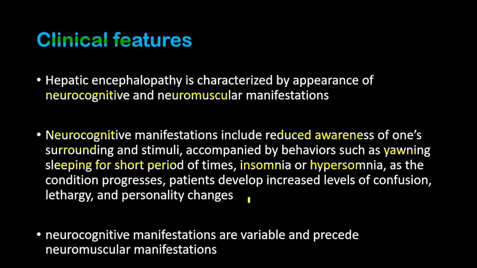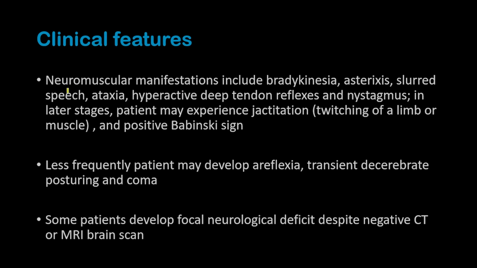And as the condition progresses, the patient develops increased levels of confusion, lethargy, and personality changes. Now, the neurocognitive manifestations mentioned already are variable and precede the neuromuscular manifestations. Now, neuromuscular manifestations, on the other hand, include bradykinesia, which is slowing of movement,